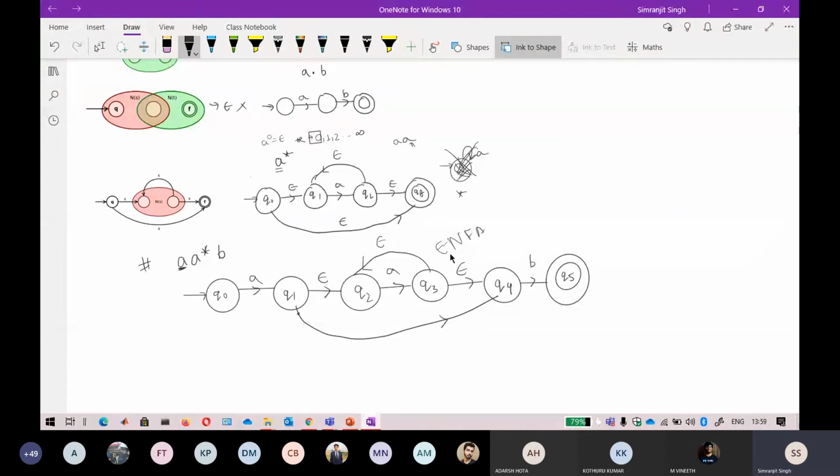If you see, this method wastes a lot of your time. First you take this expression and draw an automaton. After that you have to check the conditions, and if in the end any condition is not satisfied, then you again say that your Thompson construction method is not applicable. So that will take a lot of time. I don't suggest using this method, but it is given in your syllabus, so that is why I am telling the theory about it. But in most practical applications, I don't think this is a very good method.